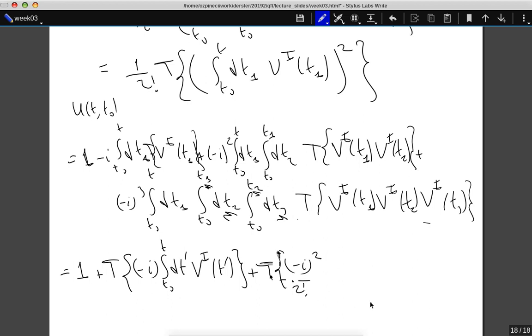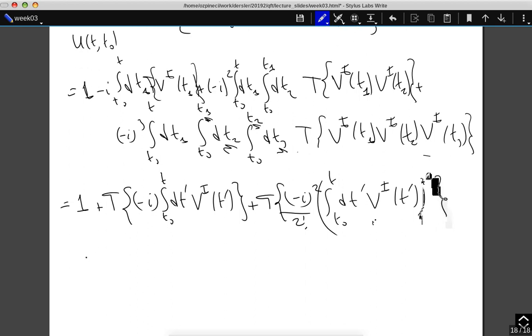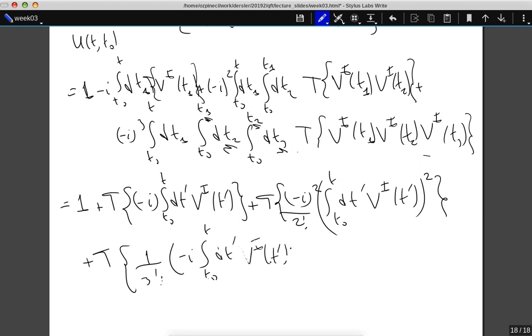This is the term we had actually studied: from t0 to t dt' V_I of t' squared, plus time ordered product of 1 over 3 factorial, minus i from t0 to t dt' V_I of t'